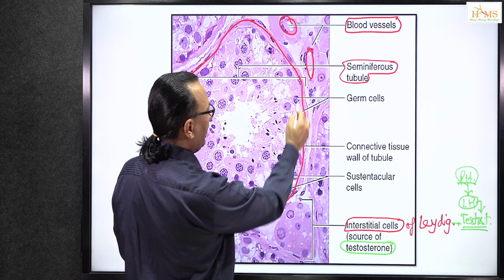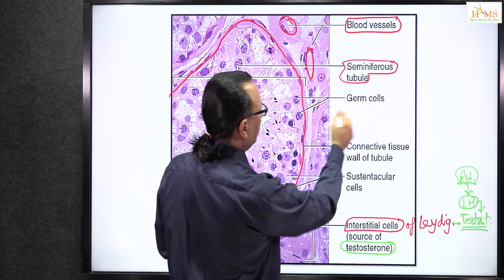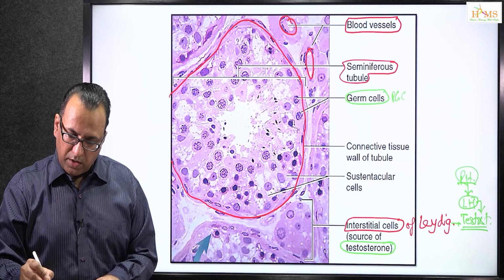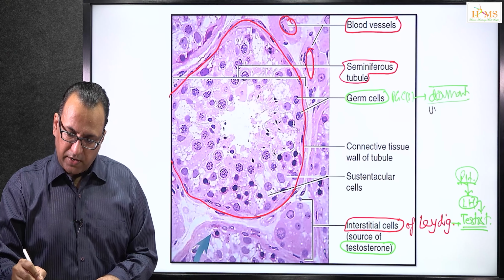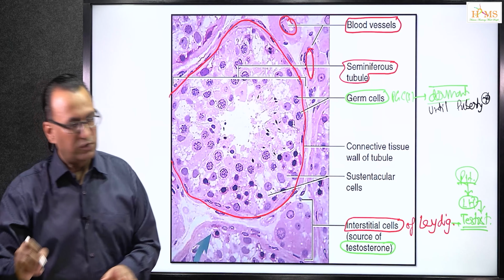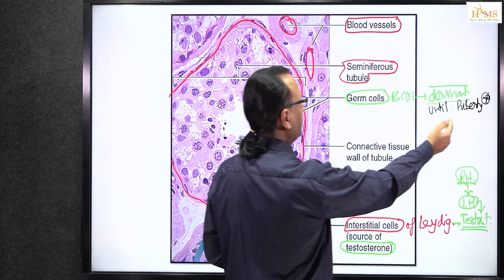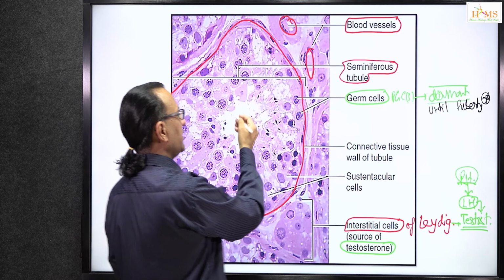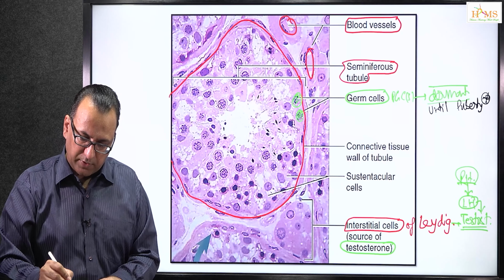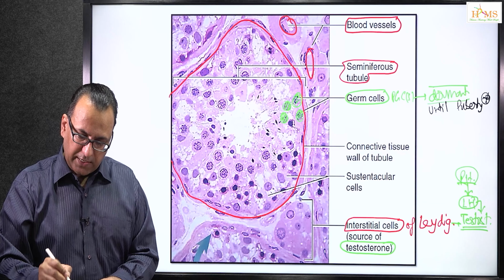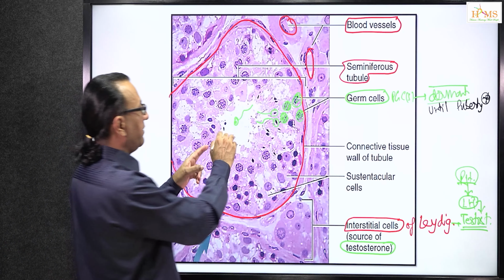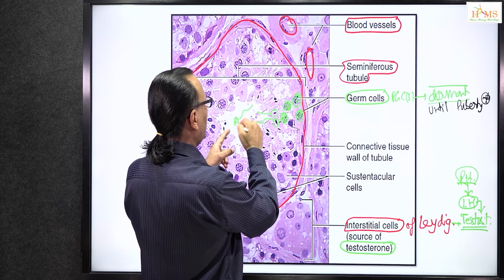In the seminiferous tubule we find that towards the periphery we have the germ cells, primordial germ cells, and we know the primordial germ cells remain dormant until puberty, since we understand the process of spermatogenesis begins only after puberty. So it is also understood that if sperm formation begins after puberty, then the sperm which is being formed here, say this is a primordial germ cell which is now making the spermatogonium, making the primary and secondary spermatocyte, and these sperms are formed quite late in the lifetime,